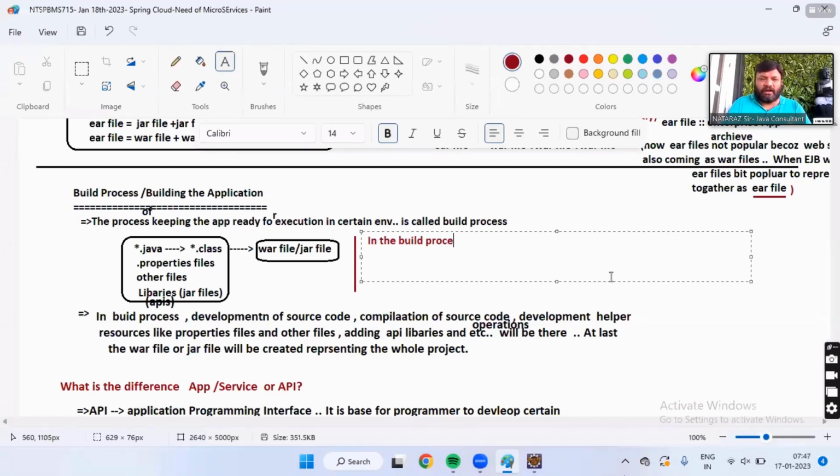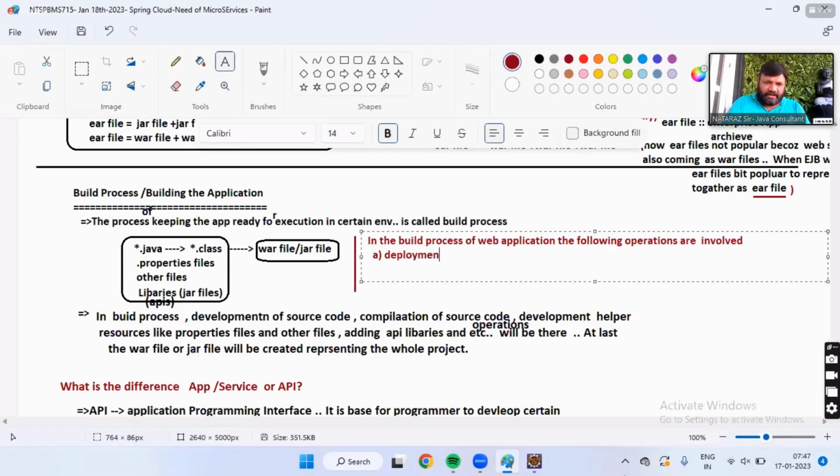In the build process of a web application, the following operations are involved. What is A, guys?